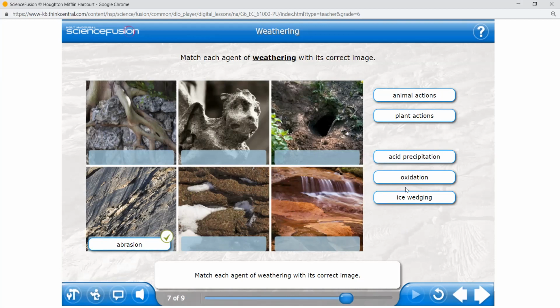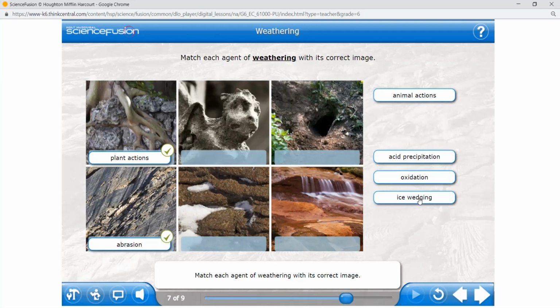Next, Vishan, plant actions, which picture? Plant with plants. The first one. Very good. Judy, ice wedging, where the water collects. The fifth one.